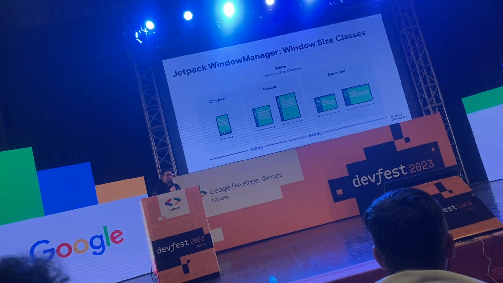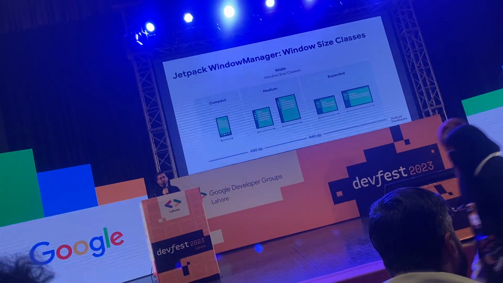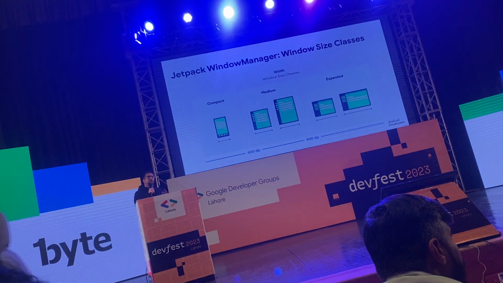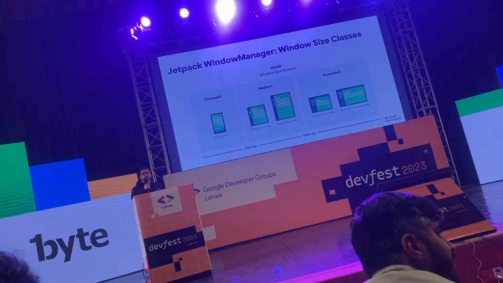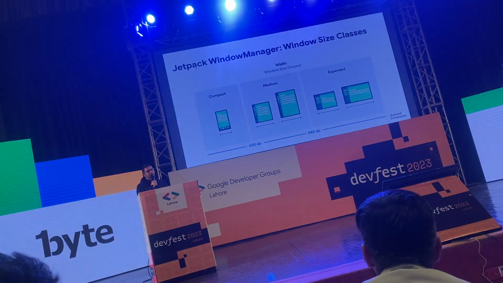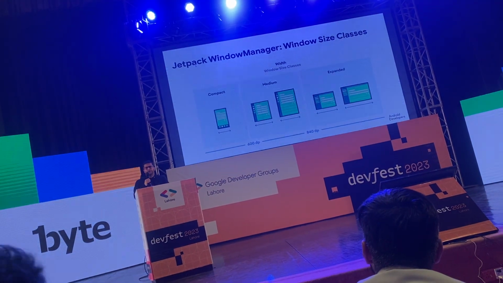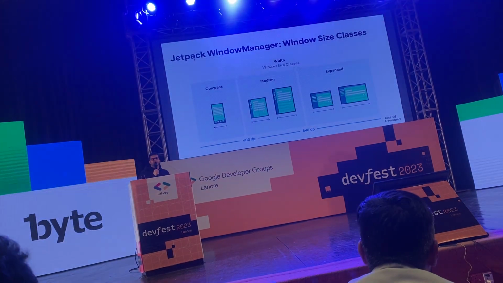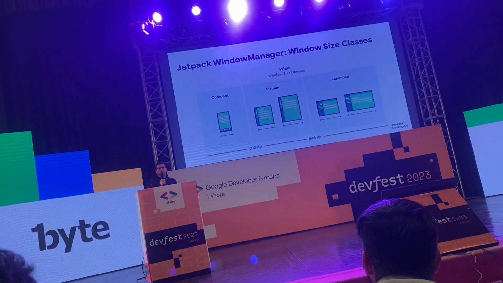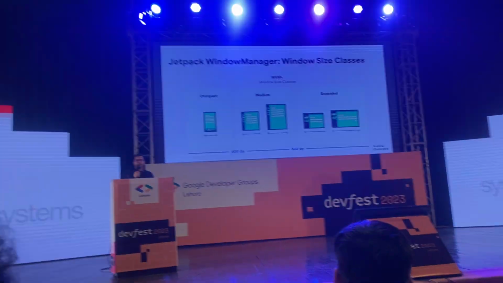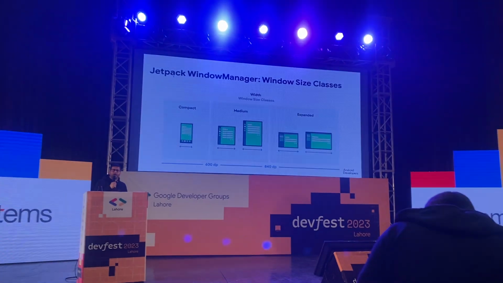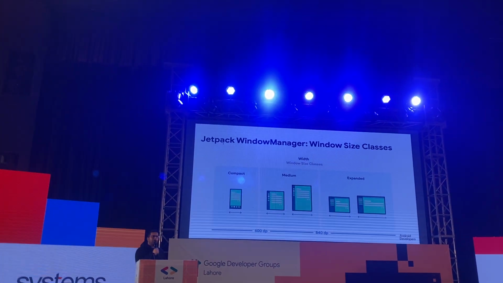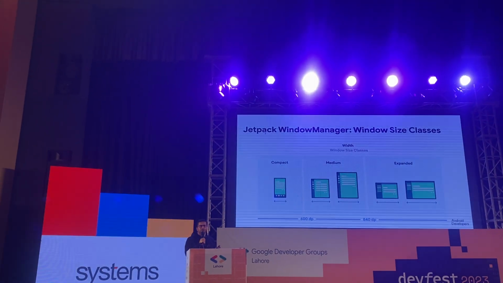Another key aspect in large screen optimization is window size classes. Window size classes are our opinionated guidance around how you should approach adaptive layouts. It breaks down a lot of different phones and tablets and foldables out there into 3 categories of screen sizes. So we have compact, we have medium, and we have expanded width and height. But in my experience, 90% of the apps can just do with looking at the width